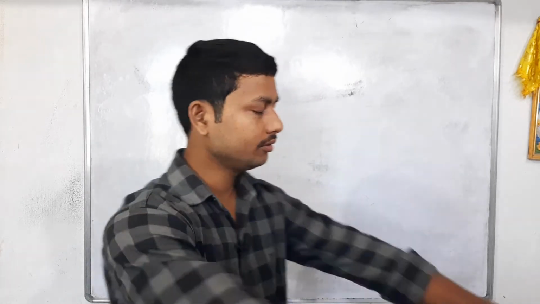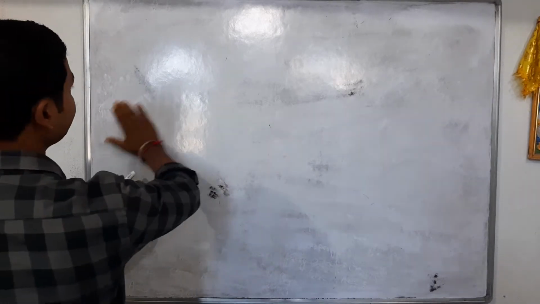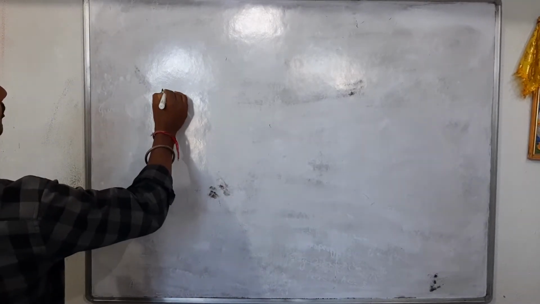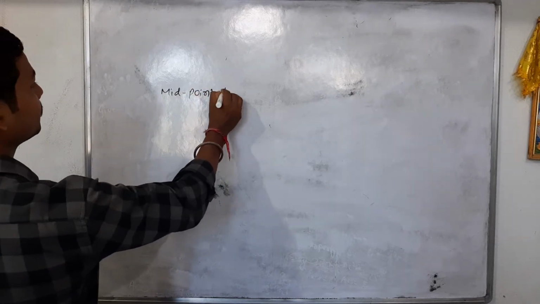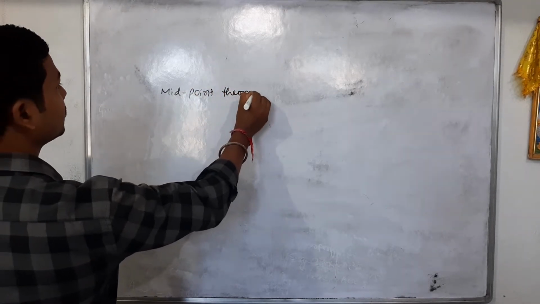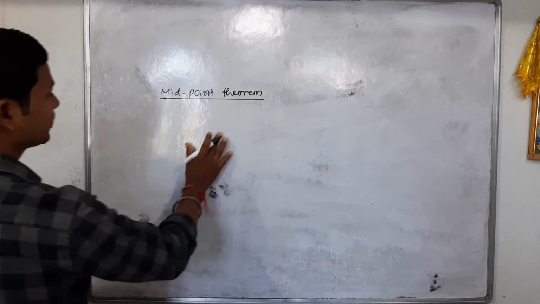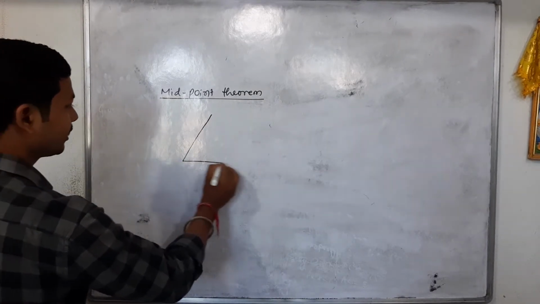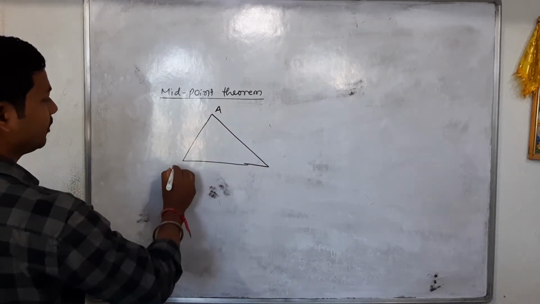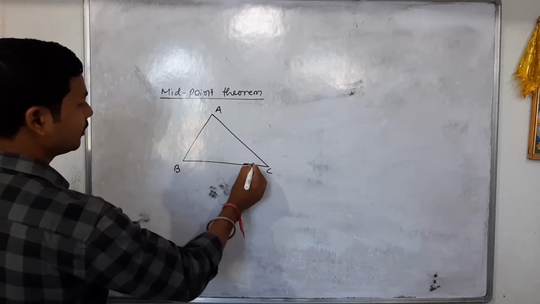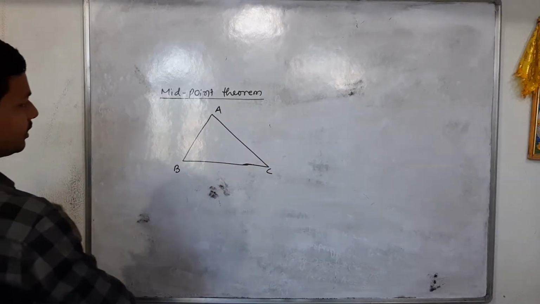तो मिड क्या है ये समझ लो. मिड पॉइंट थ्योरम, है ना. It suggests that if we have a triangle, okay, that is ABC, if we have a triangle that is ABC,